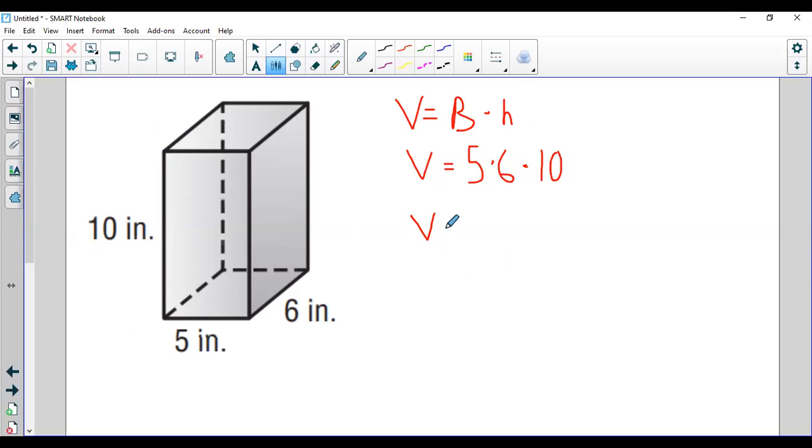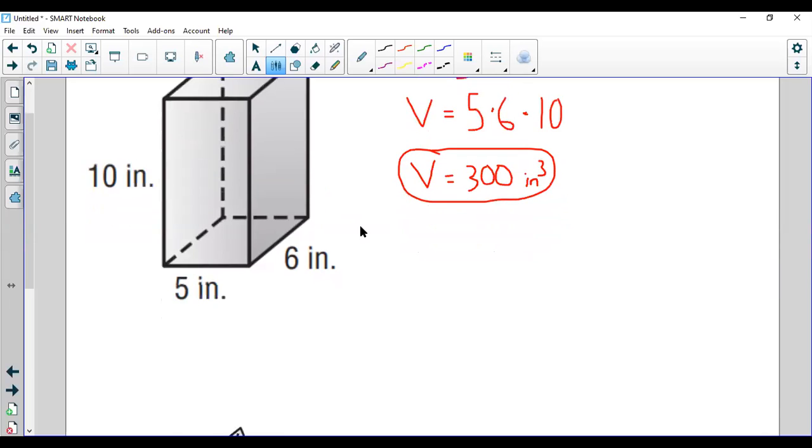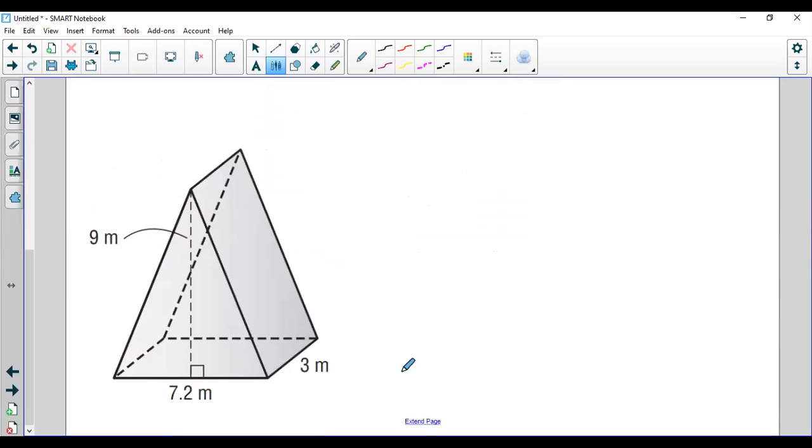So that means the volume of this prism is going to be 5 times 6, that's 30. 30 times 10, 300. Let's give it a proper label. These are labeled in inches. And because this is a volume problem, it's cubic inches. Inches to the third power. The volume of that rectangular prism, that box we would call it, is 300 cubic inches. Rectangular prisms, not too tough. They should be able to be knocked right out. Triangular prisms are a tougher one. Triangular prisms,